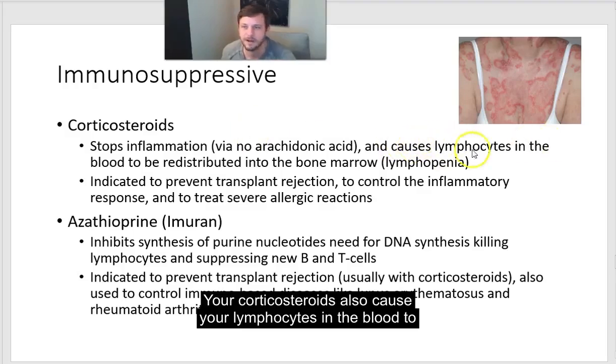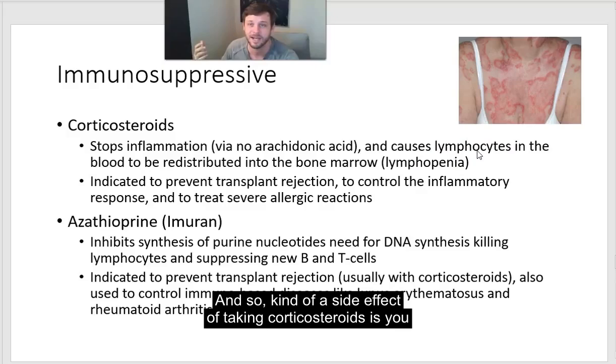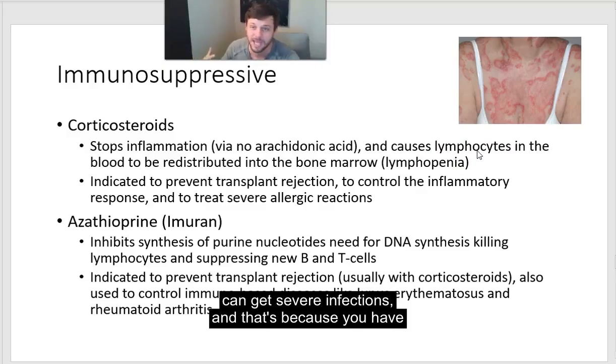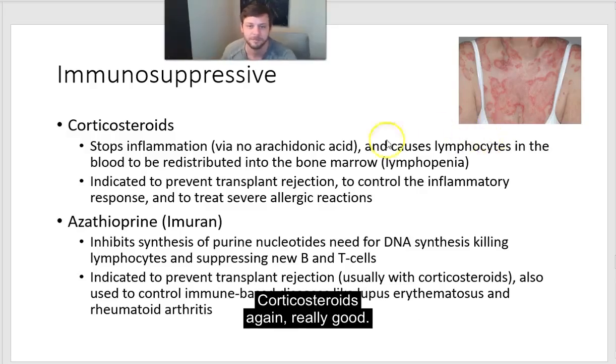Your corticosteroids also cause your lymphocytes in the blood to be redistributed back into the bone marrow. And so kind of a side effect of taking corticosteroids is you can get severe infections, and that's because you have decreased white blood cell counts in the blood. They're back in the bone marrow. Corticosteroids, again,